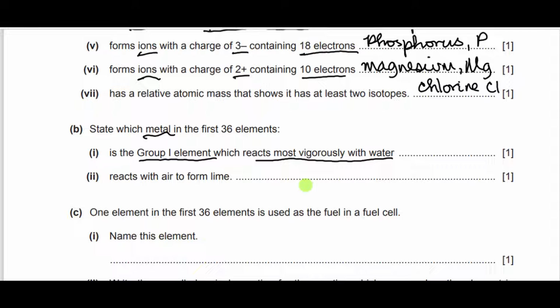Now the vigorous reaction with cold water is a typical chemical property of group 1 metals. They react vigorously with cold water, right, to form alkalis and liberate hydrogen gas, which is why they are called alkali metals. So we are now asked to find the group 1 element that reacts most vigorously with